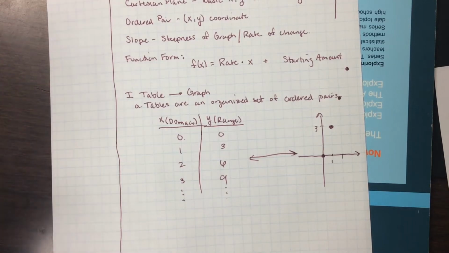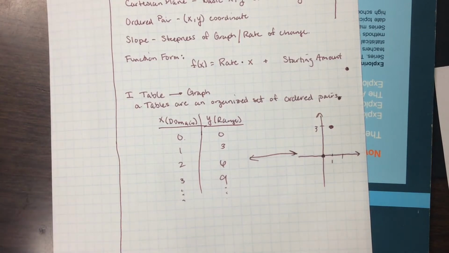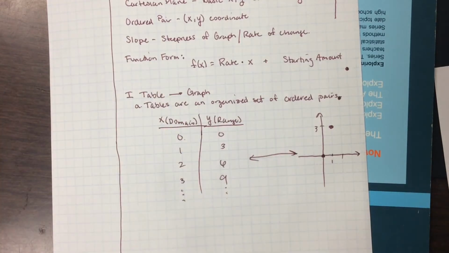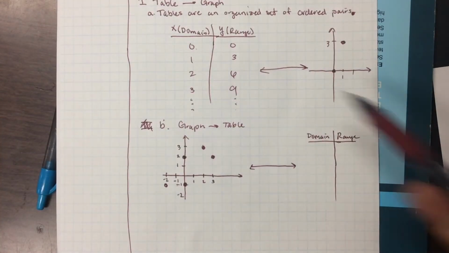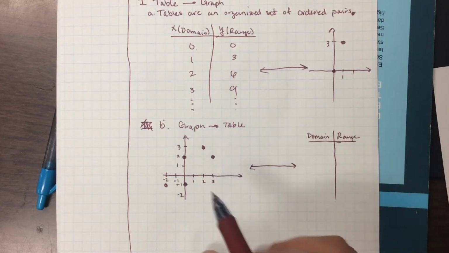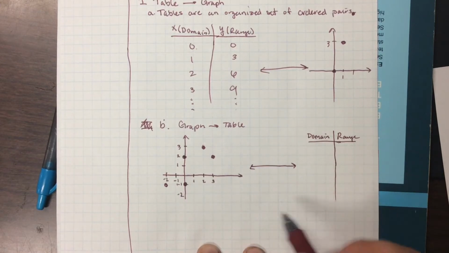Now, the question I would ask you is, is this relationship a function right now? This might be something I would ask you on a test. I would ask you guys to take it from a table, graph it, and then I'd say, is this a function? And of course, just as we use tables to go to graphs, we can use graphs to go to tables. So if we look at this graph here, and we want to describe the relationship in a table,